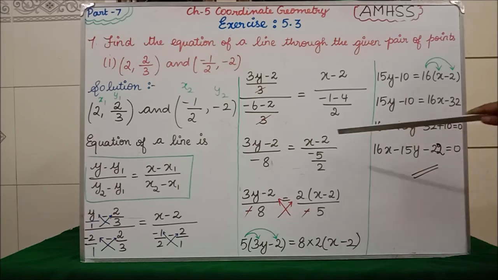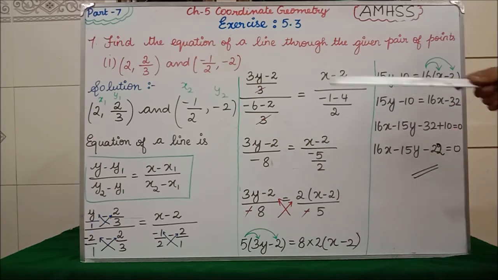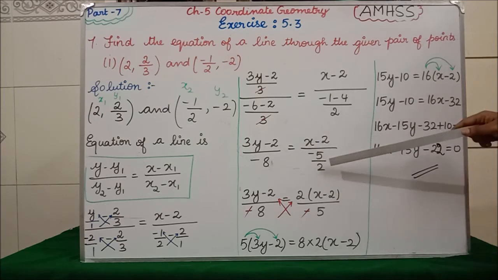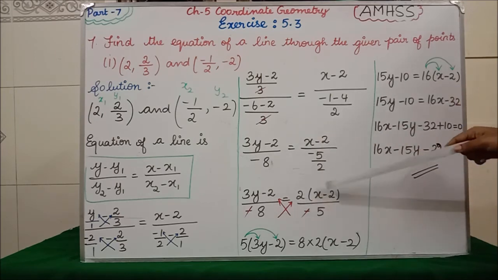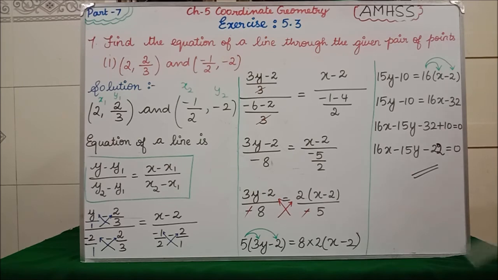Clear? The next step, this again here in denominator one fraction. So this 2 will go up to numerator. It will become reciprocal. So this we are writing as such. This 2 will go up, means 2 into x minus 2 divided by minus 5. Both the left hand side and the right hand side we are having minus. So cancel that minus. After cancelling, we are doing the cross multiplication.